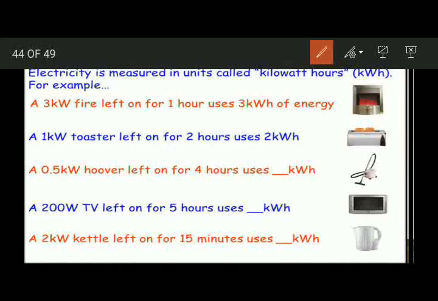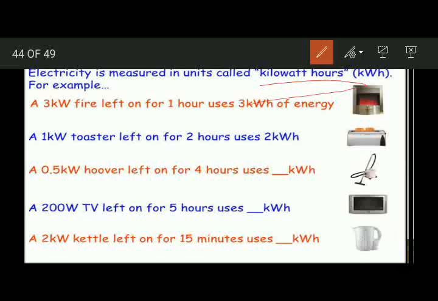Now, how to measure electricity? The electric current in your house comes from the power stations, and you also get an electricity bill. In the bill, which is measured by the meter of your house, we have the electricity in kilowatt hours or units. So the commercial unit of electricity, or electric energy, is the kilowatt hour.